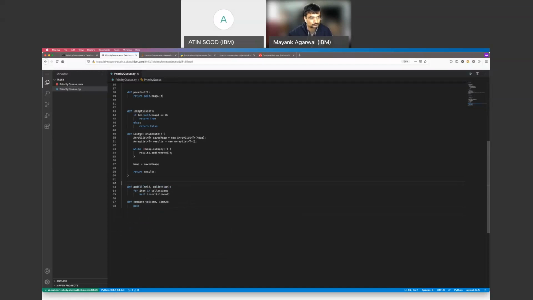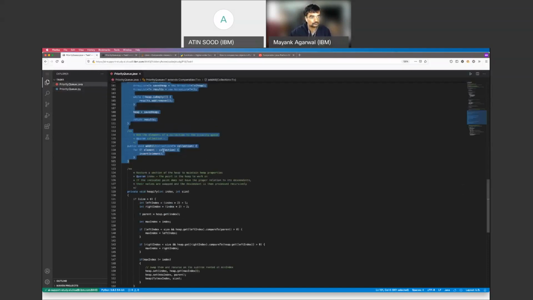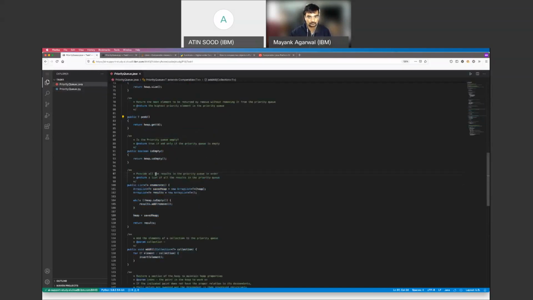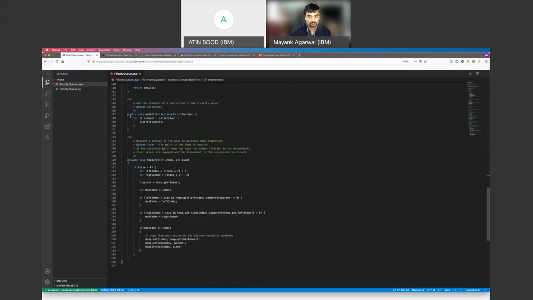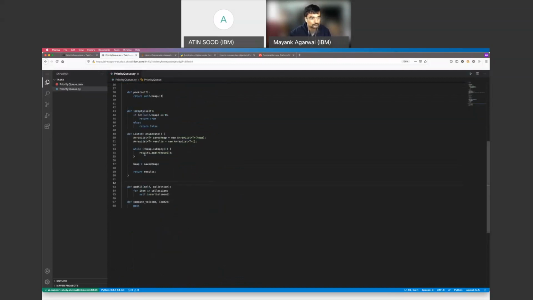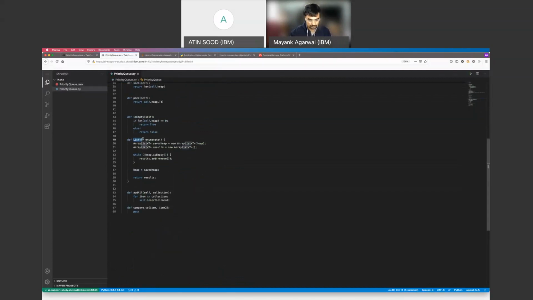And then enumerate is basically creating one more. Again, I have no idea what this method is doing well enough. Provide all results in the priority queue in order. I'm not even sure what results here mean. Okay, what I'll do is I'll just re-implement this. So enumerate, then